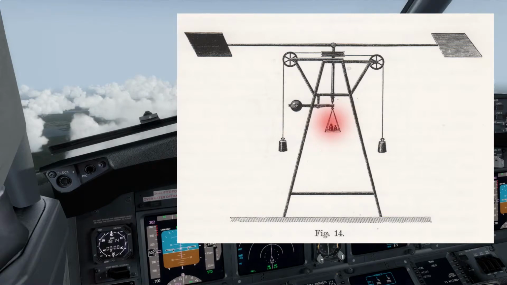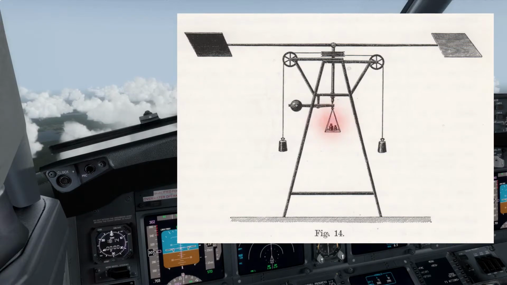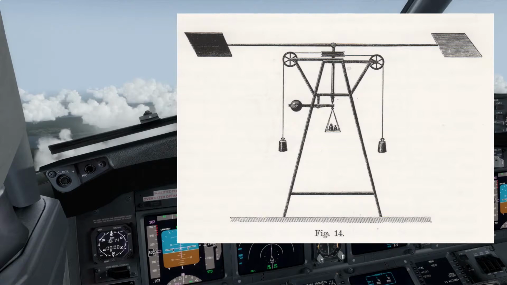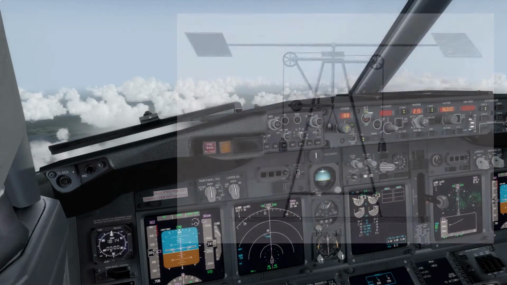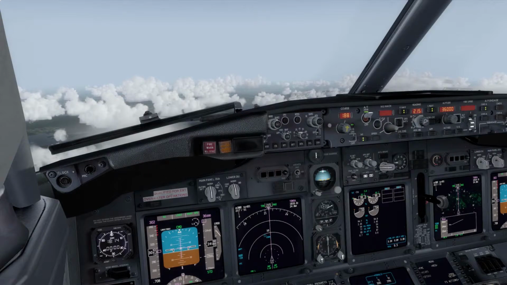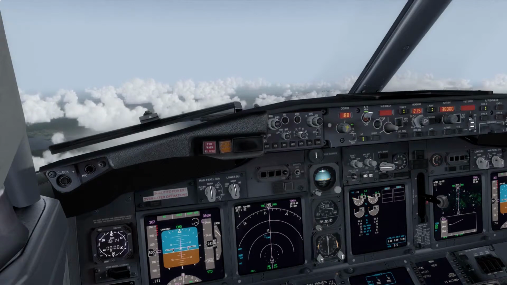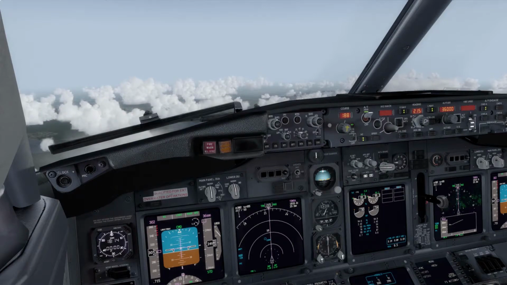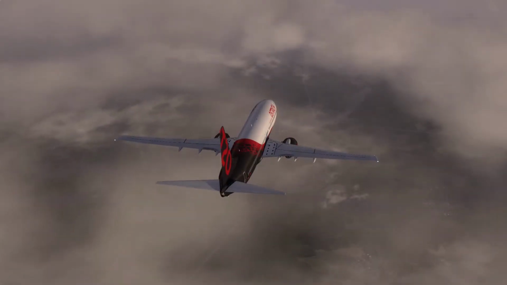And in the middle we have weights connected to the scale and the rotary arms. When the wings create lift, they reduce the overall downward force of these weights, and so the lift could be read off the scale. With this very simple device, Lilienthal and his brother could quantify how wing shape and angle of attack determine the lift of a moving surface, and that's basically the fundament of wing design.